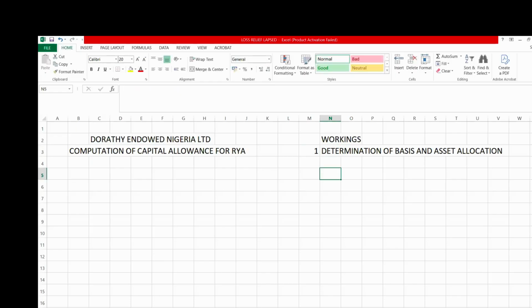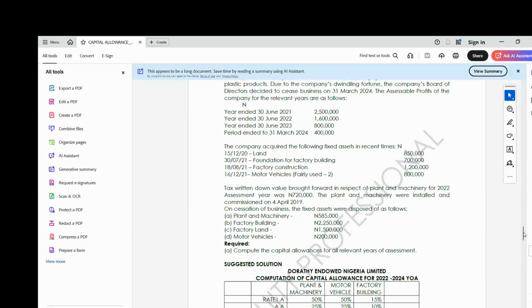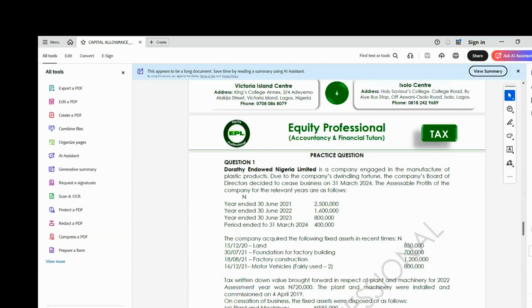So we need to determine our basis period and also to allocate the various assets that were acquired to various years of assessment. According to this question, the first information given to us relates to year ended 30 June